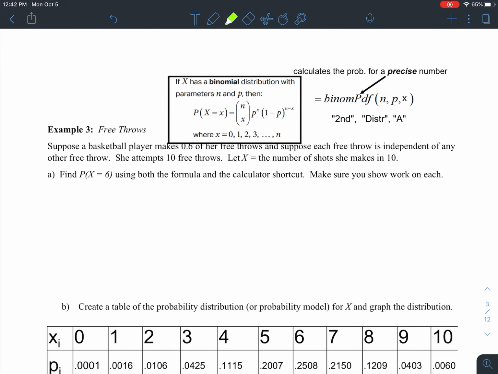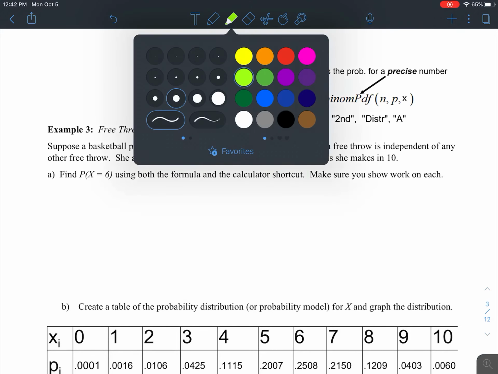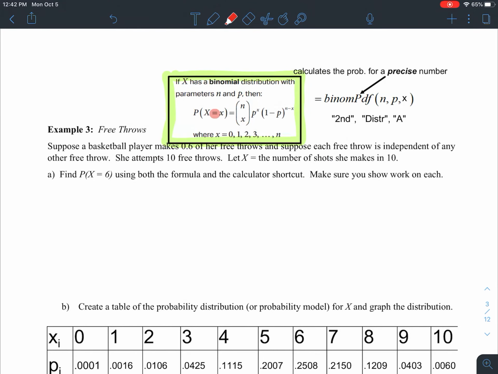Okay, so I just put this same formula that's on the formula sheet here. I should also just mention this formula only works when the probability that you're being asked to calculate is an equal to probability, not a greater than and not a less than. Okay, so we're going to go back to a different basketball example